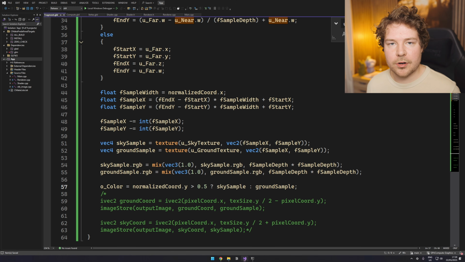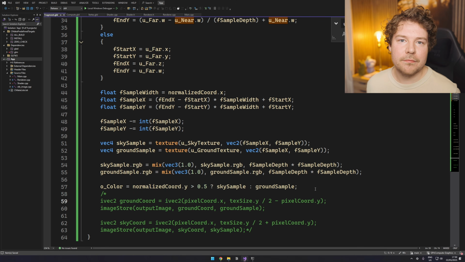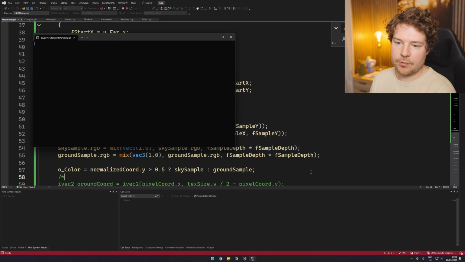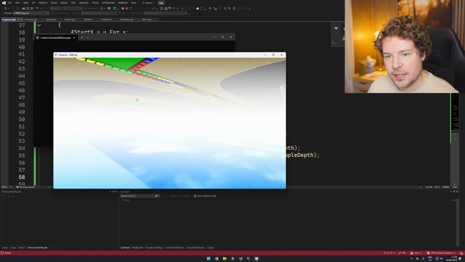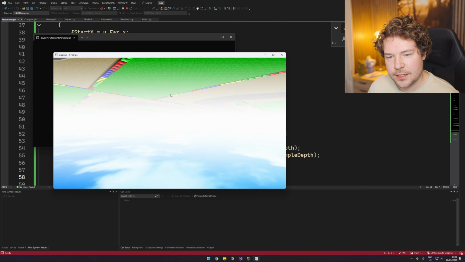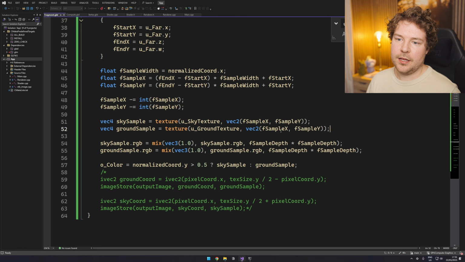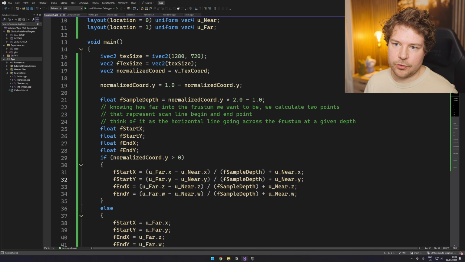And yes, this is a little branch, but branching in GPU shaders, I know a lot of people think that it's really bad for performance, but it's not. This is fine. Trust me, this is fine. So now if we run this, okay, we're upside down, great. Actually, not only are we upside down, but if you have a look at it, these are scrolling in opposite directions. Now, I think that is due to the way that the sample depth is working,